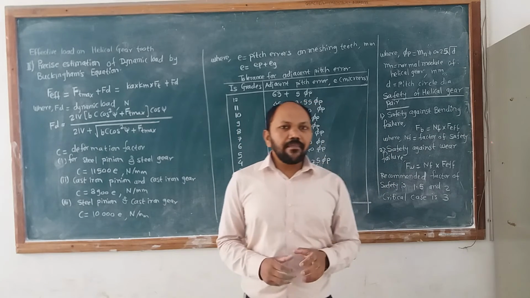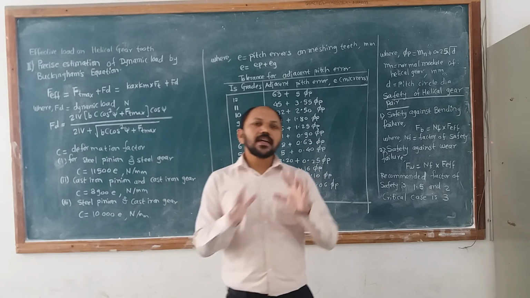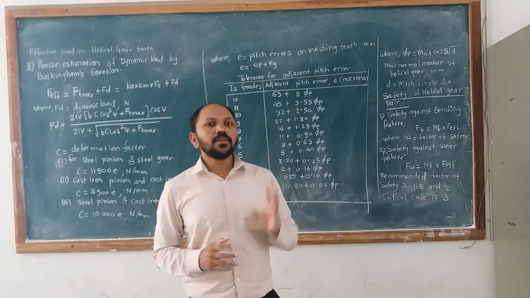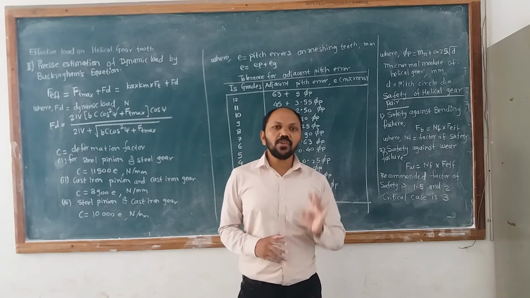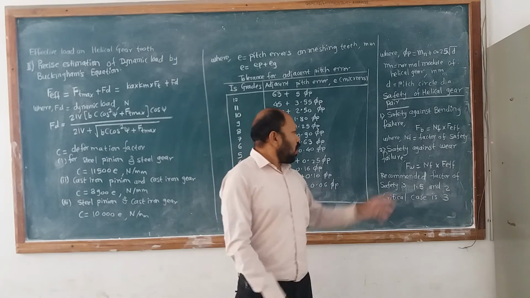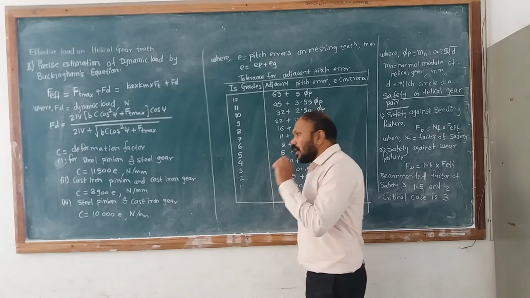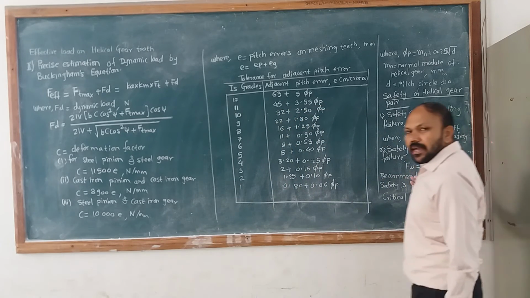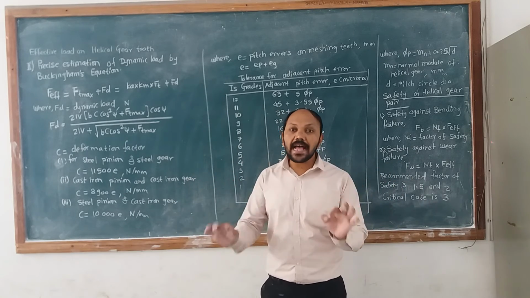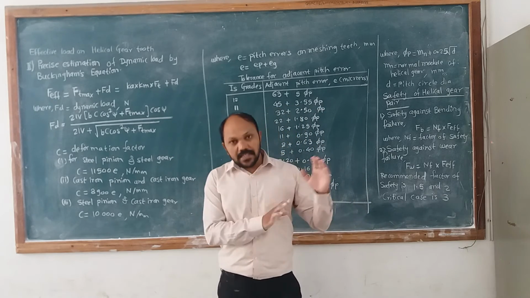Because if the module value is available, then all other dimensions for the gear can be calculated with empirical equations. Then you are able to calculate the addendum value, dedendum value, center to center distance, like that. So all dimensions we are getting here. So in the preliminary estimation method, after using that equation, you calculate the module value, and after the module, you calculate the dimensions. As dimensions are available, this second method is called the precise estimation method.